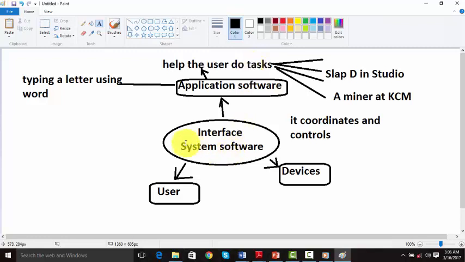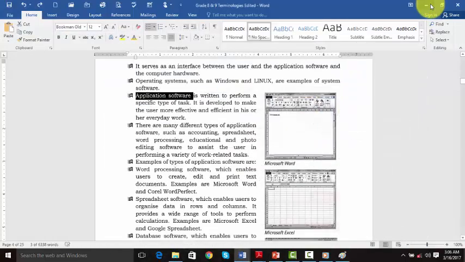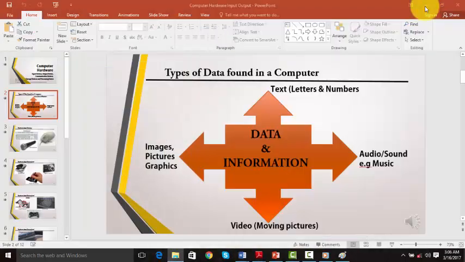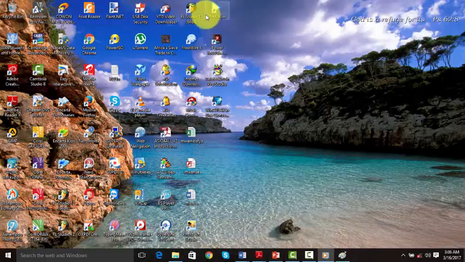Now, the system software just helps the application software to operate. Now, in this case, what we are saying is that this software here does not come with the computer system when you are buying a new computer. Mainly, for example, Microsoft Office, and let me show you a software like this one here.